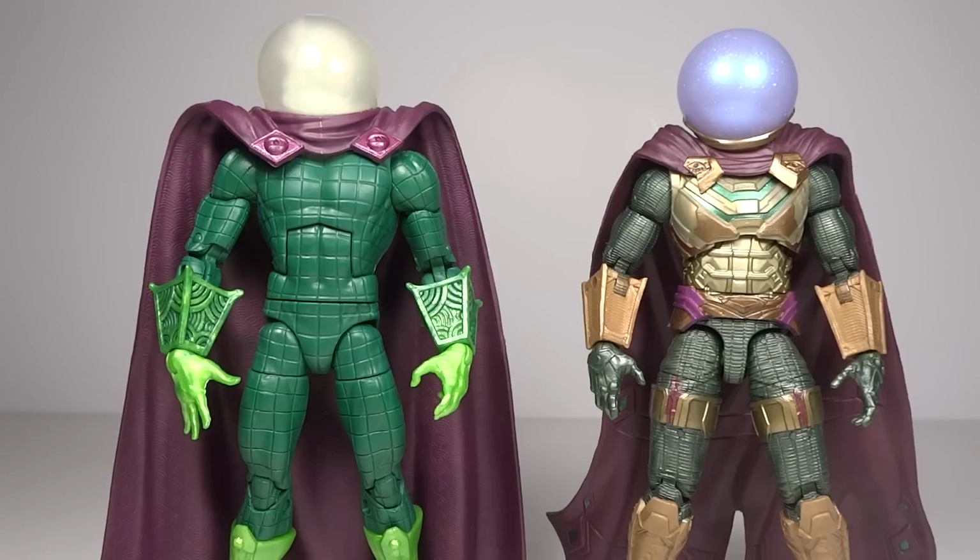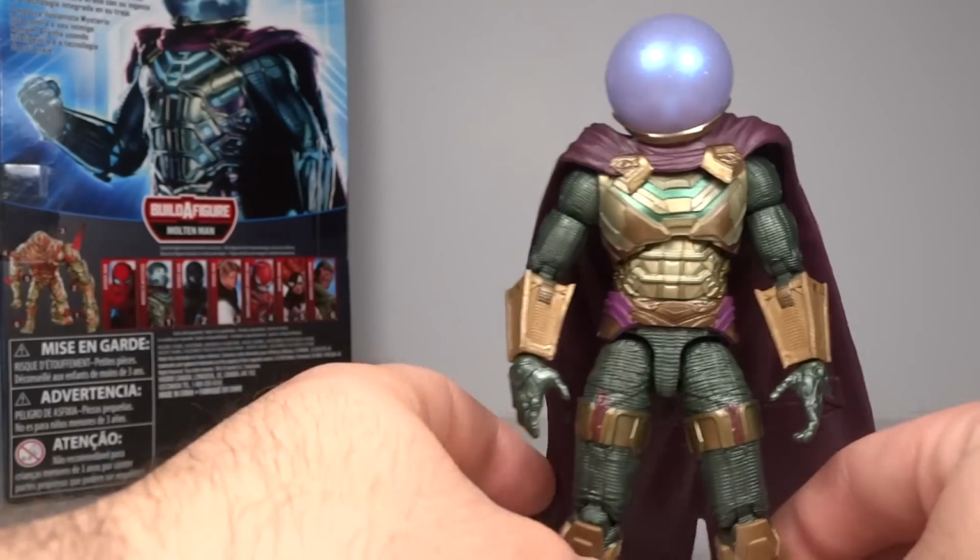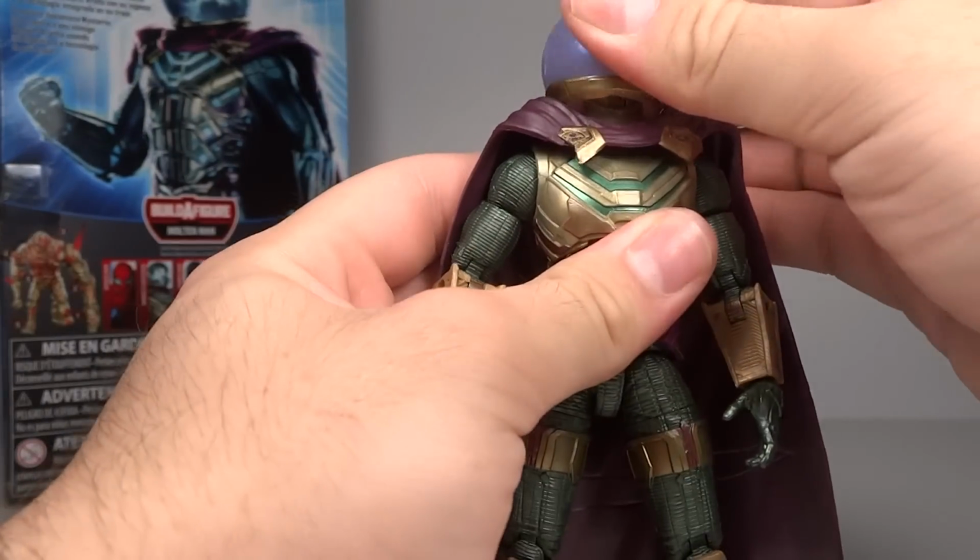However, the one that they did go with is cool. Don't get me wrong, I do like it, but I think that they could make it a bit more accurate, to be quite honest. Going over the articulation of this Mysterio, the head is on a ball joint as well